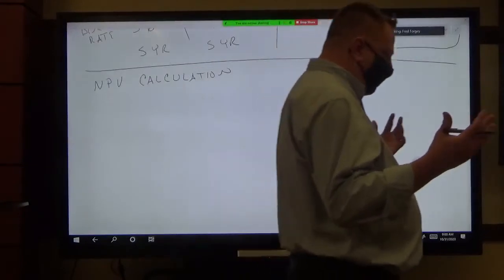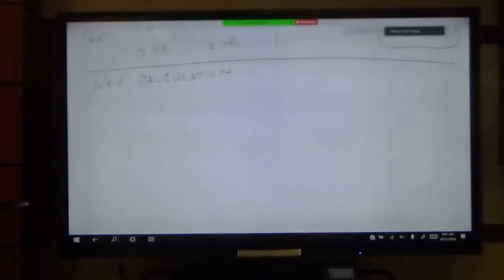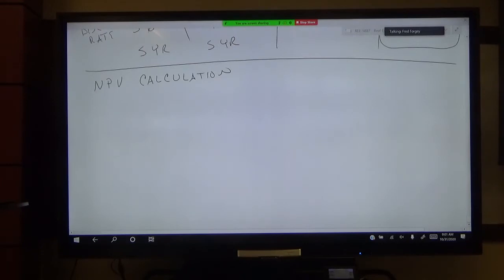One of the things, as we start refining the process of how we go about financing our projects and how we go about accounting for the revenue that we receive from those projects,